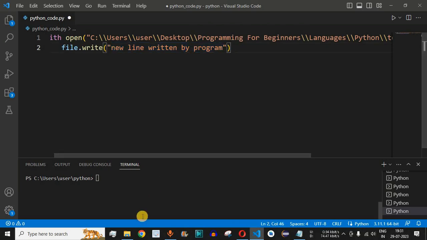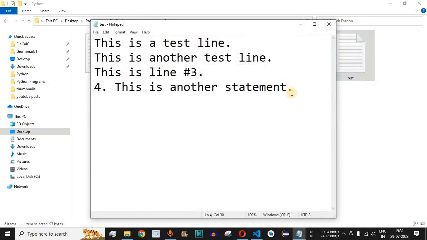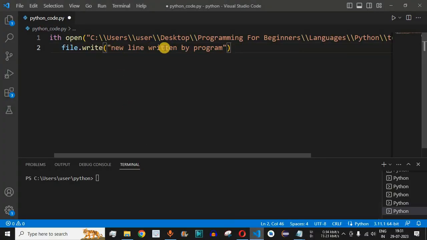Now guys, always be careful whenever you are appending to the file. Basically the control flow is over here, that is, as you can see, this is the cursor. So the program will start writing the new content from this line onwards, and if you want to come to the next line, we need to provide the \n character in order to come to the next line and write our content. So over here, before writing this new line, we need to provide the \n character so that the control flow goes to the next line, and then only this string is written into the file.